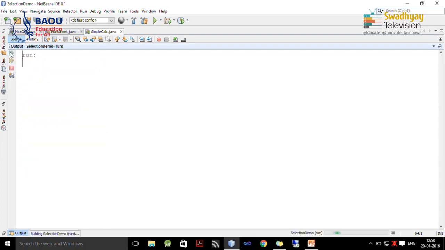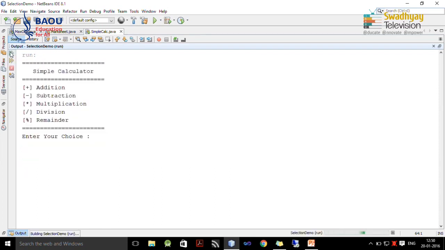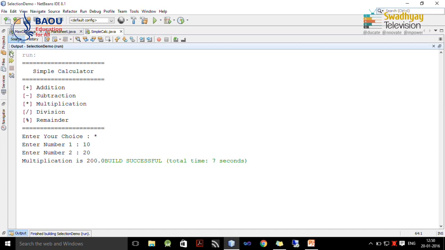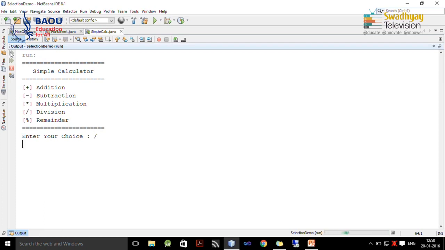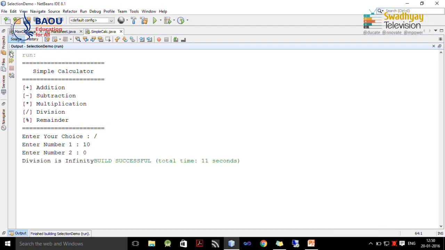Next rerun this program to check for multiplication. Here I am going to give 10 and 20. So answer is 200, that you can see on screen. Rerun this program. Now in case of division, now we get one interesting fact that if I divide number by 0, it does not result in error, but Java will automatically print that division is infinity.